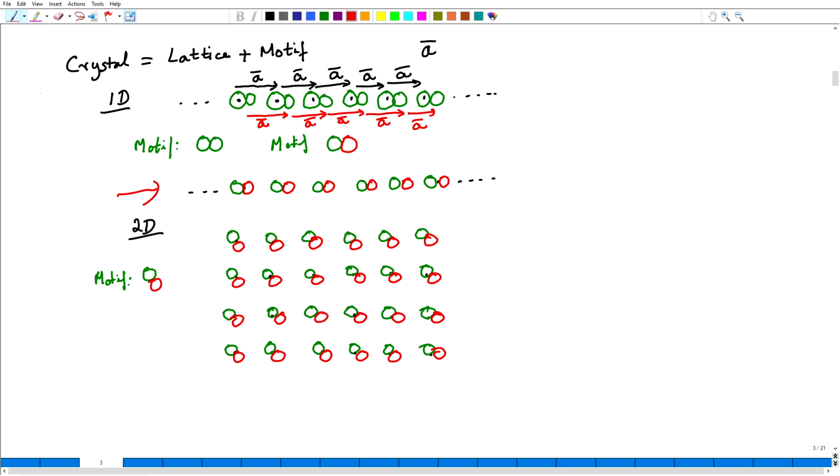One thing to note is that even though in the first case all the atoms are the same, there are pairs of atoms which are not translationally equivalent. What does that mean? What I mean is that this is not a translation vector.